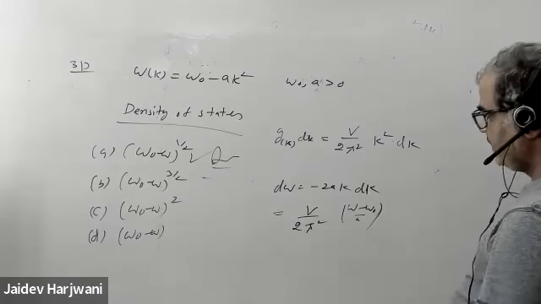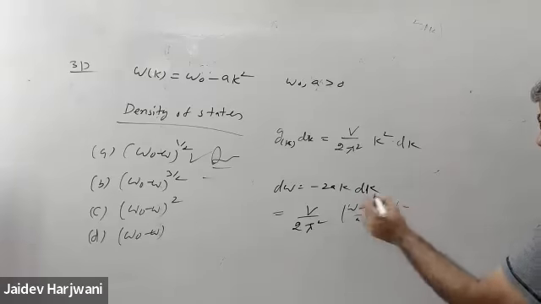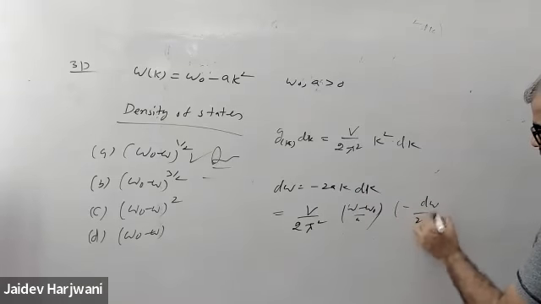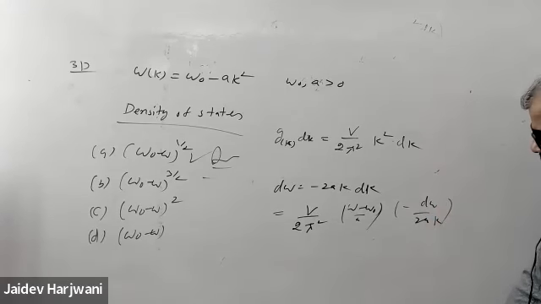And now I have to write dk, dk will be minus d omega upon 2a k, and k also,